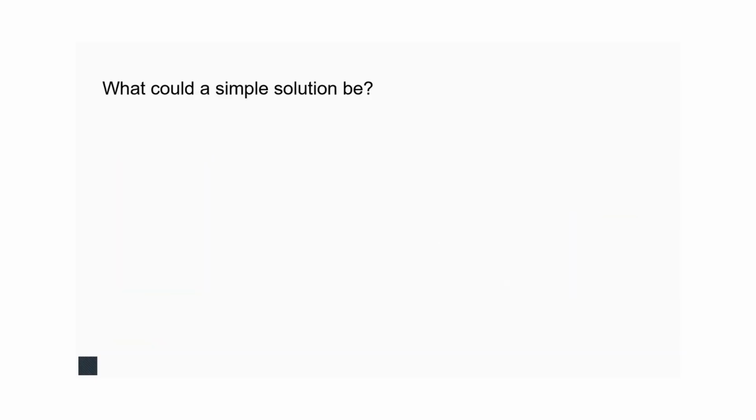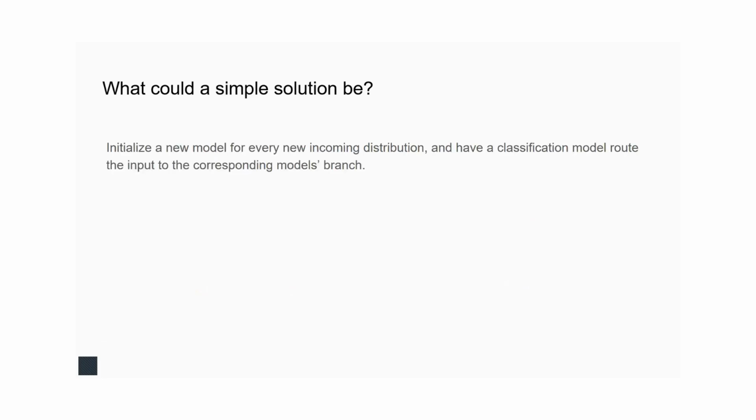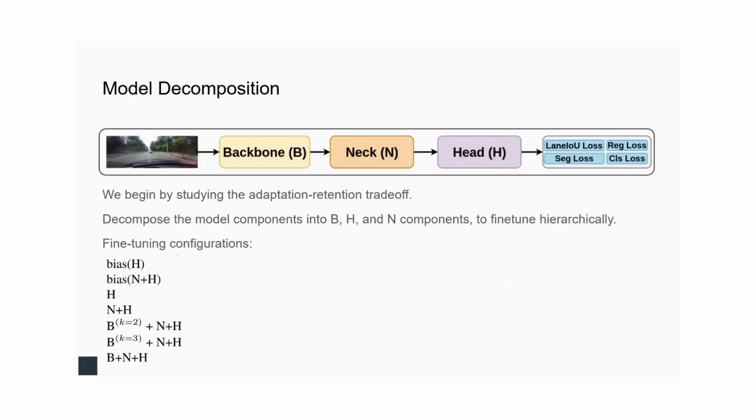So as we saw the different components of the model, what could a simple solution be? If we just train the model for every new incoming distribution and have a simple classification model route those inputs to the corresponding model's branches, the parameters would increase linearly with the new incoming distributions, right? So what we do is go ahead and decompose the model into these different components of backbone, neck, and head